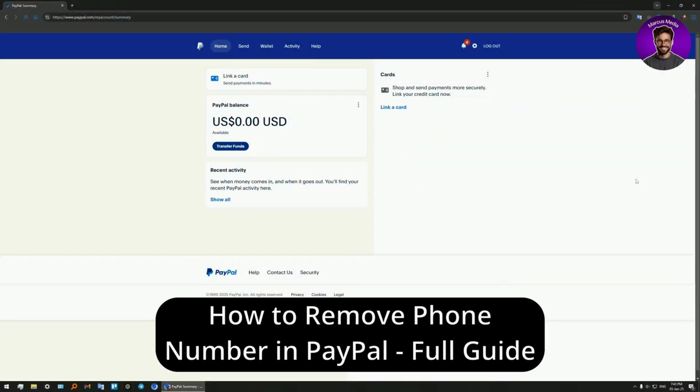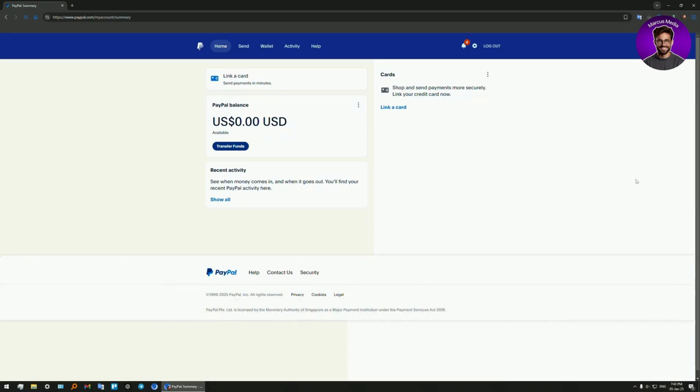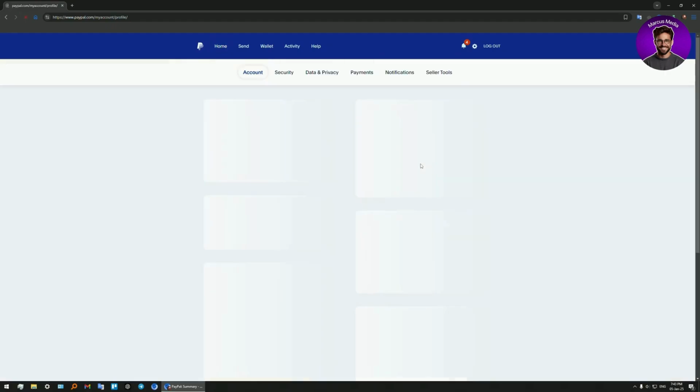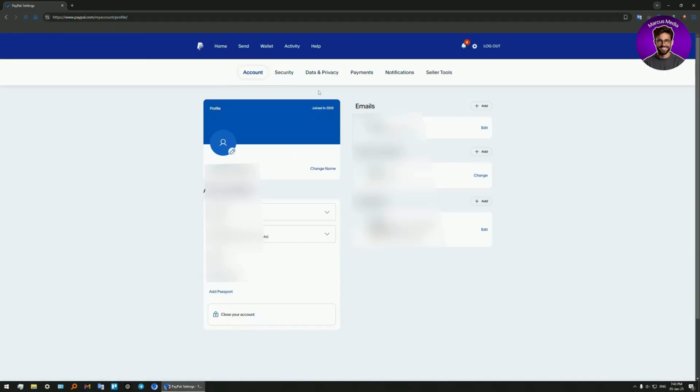In this video, very quickly, I will show you how to remove a phone number in PayPal. Guys, this is super simple. Press on this gear icon. It will open up your menu. After that, the first ever tab, account, as you can see, next to the security, you will have your phone